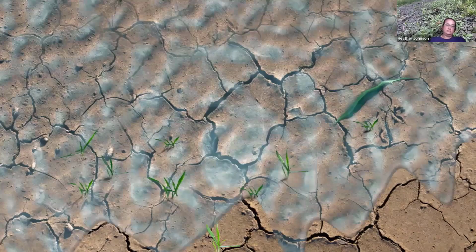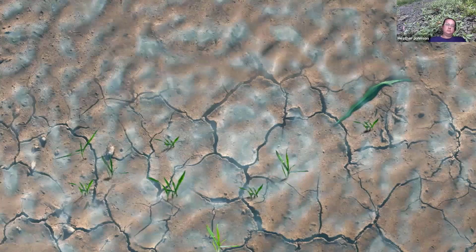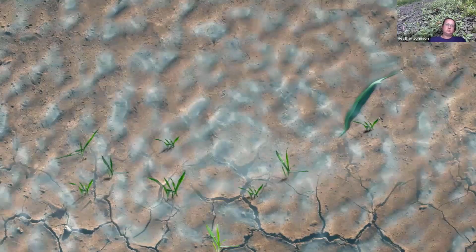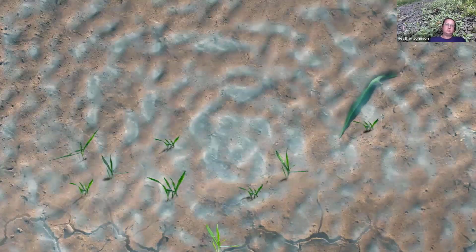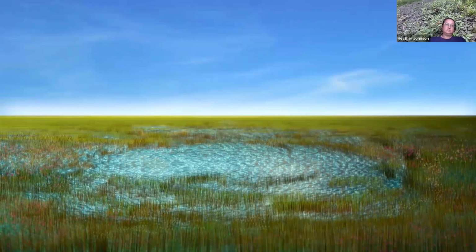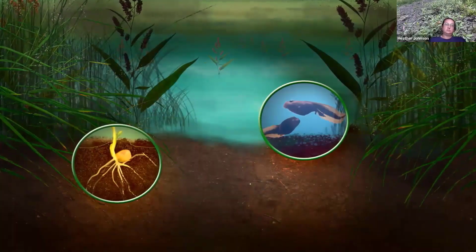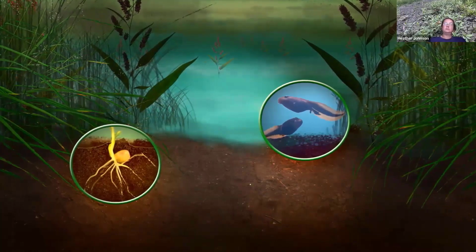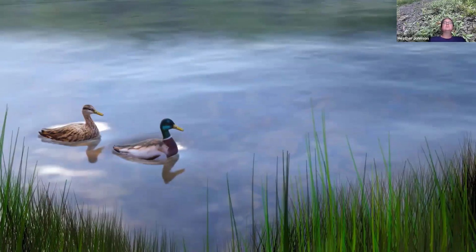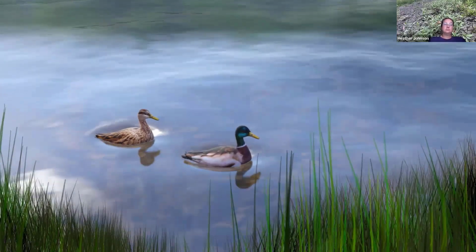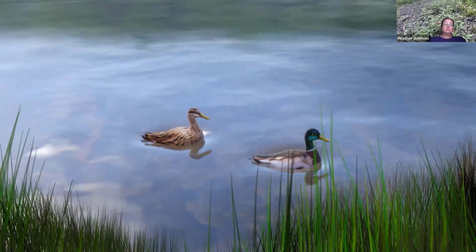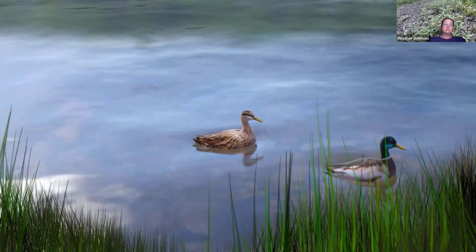Once the clay soil becomes saturated, the cracks close, allowing the playa to hold water. Wetland plants and invertebrates begin to grow and complete their life cycles. Migrating birds and other prairie wildlife use the playa for much needed rest stops, water, and food.